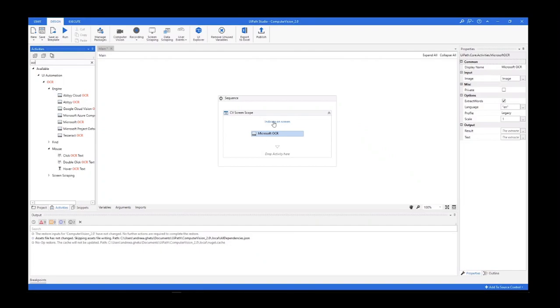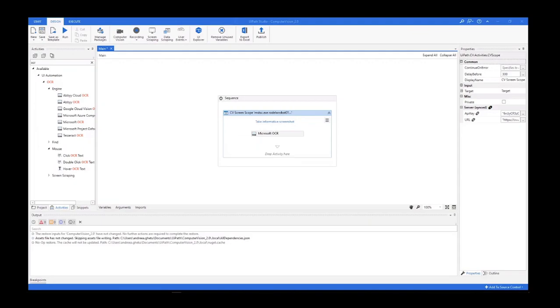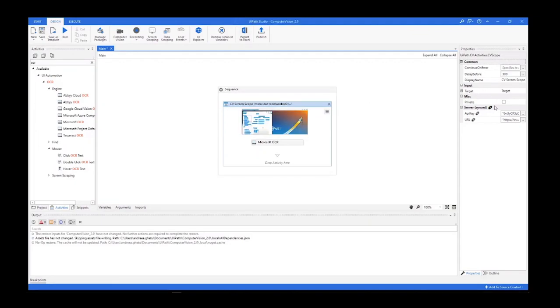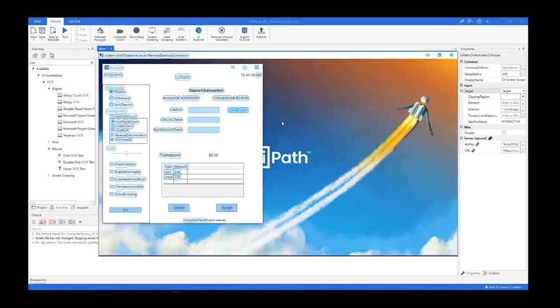Now we'll indicate the application, the remote desktop session window in this case, and by doing so, we generated a selector that is used at runtime to take a screenshot of the application and analyze it. The CV Screen Scope stores the analysis of the window to enable the contained activities to use it. If we double-click the informative screenshot, we can see a preview of that image and the results of the analysis